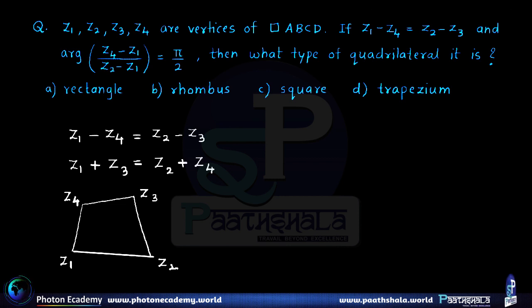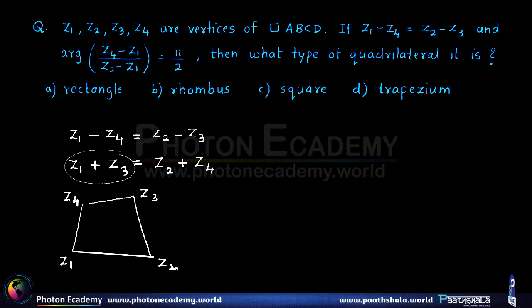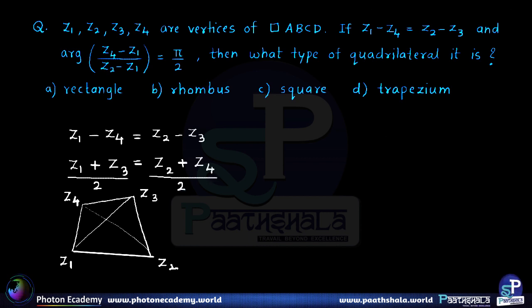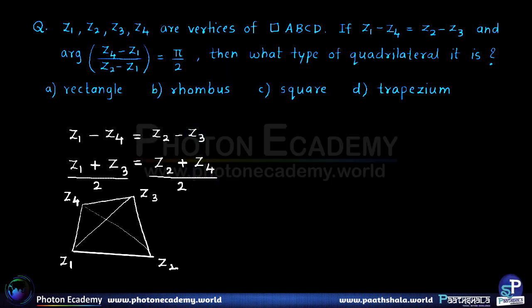So now here we see on the left hand side we have Z1 plus Z3 equal to Z2 plus Z4, or in other words we are talking about the opposite ends of the diagonals. So if we just divide both sides by 2, Z1 plus Z3 upon 2, we will get Z2 plus Z4 upon 2 also. So on the left hand side we have nothing but the midpoint of one diagonal, and on the other hand we have the midpoint of the other diagonal. So this means that the two diagonals bisect each other, which is a very important finding, right?